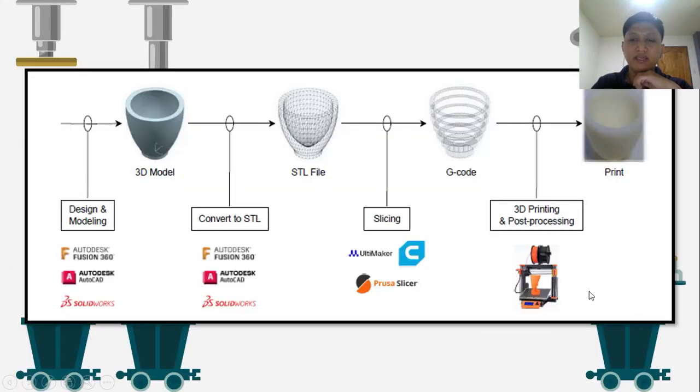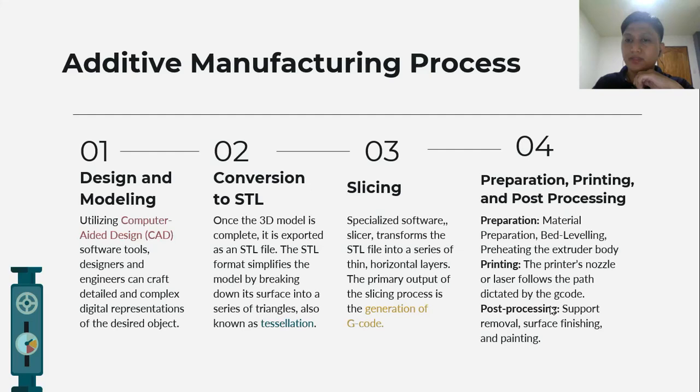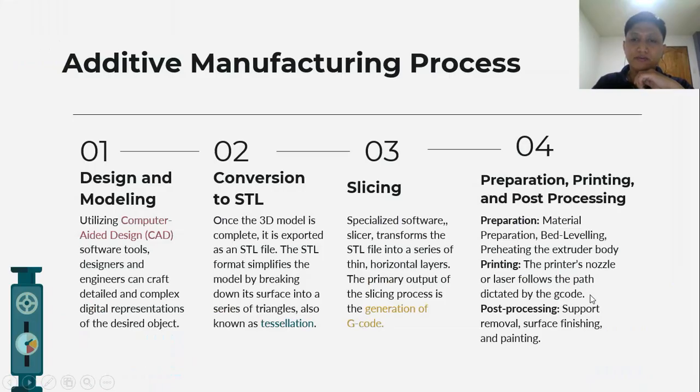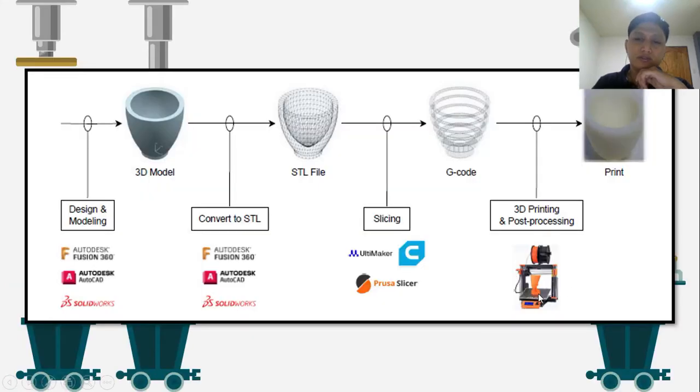Next is the bed leveling, where some points in the heat bed are calibrated so that the ejection of the filament is level and the first layer is successful. And also we need to preheat the extruder body so that when the filament comes into the extruder, it can be easily melted. In the printing phase, the printer's nozzle follows the path dictated by the G-code, so the